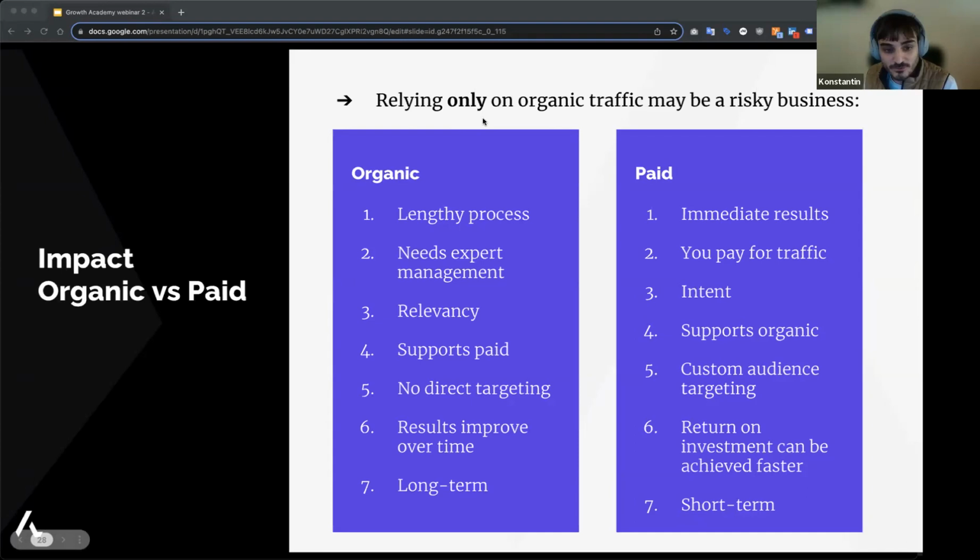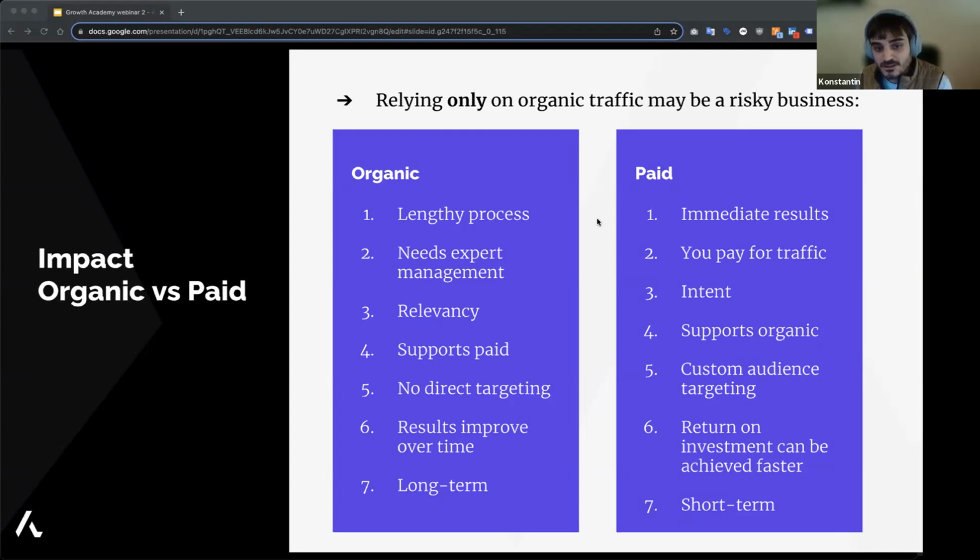And I really want to focus on the fourth point, which is on both sides. They both support each other. So paid supports organic, and organic supports paid. And what I mean by that is that relying just on organic traffic is risky business, and having paid supporting the content that you're creating and you're going to have in search, we can see if people engage and adapt our messaging, as we heard in the previous slide. So by working on and refining our messaging and refining for what people search for, we will perform better in organic.